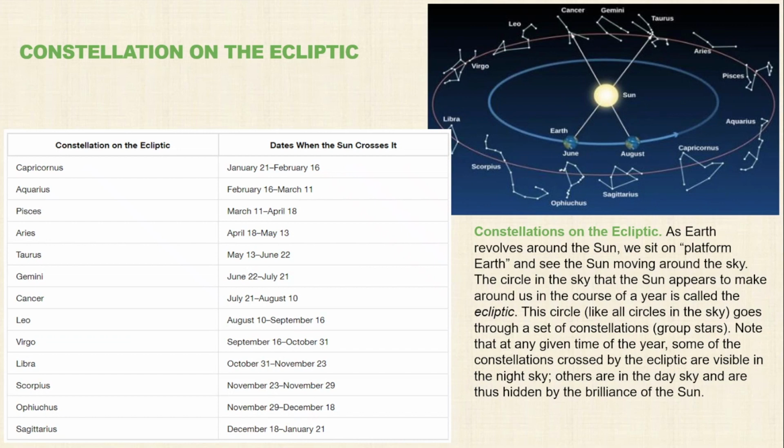And when we see the sun, right behind the sun would lie this constellation Capricorn in that month, January 21 to February 16. That's how you get your constellations. I am Taurus, May 13 to June 22. Here, so the Earth goes around